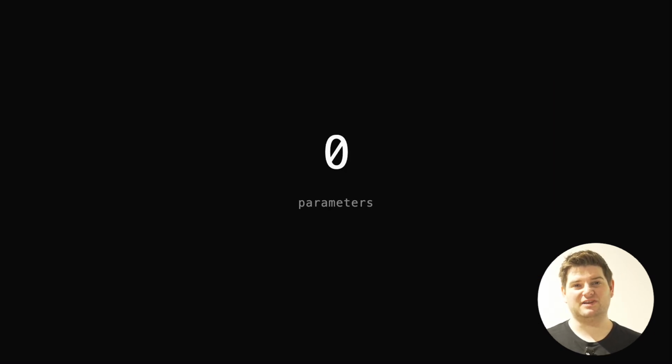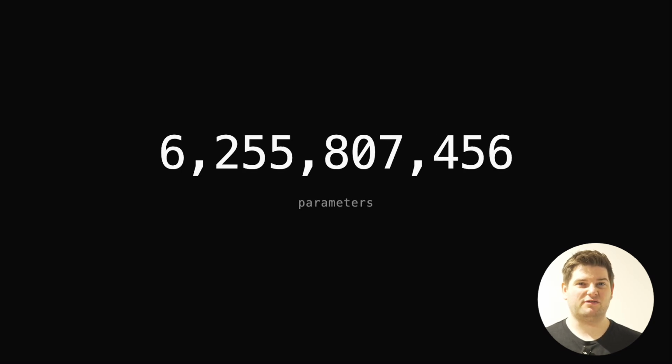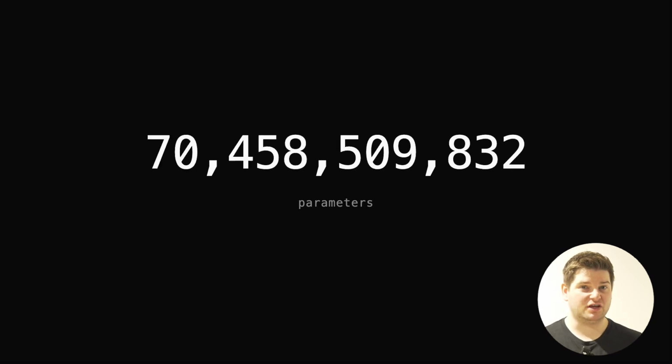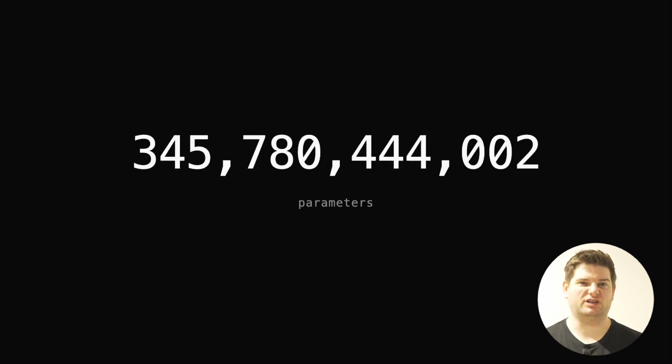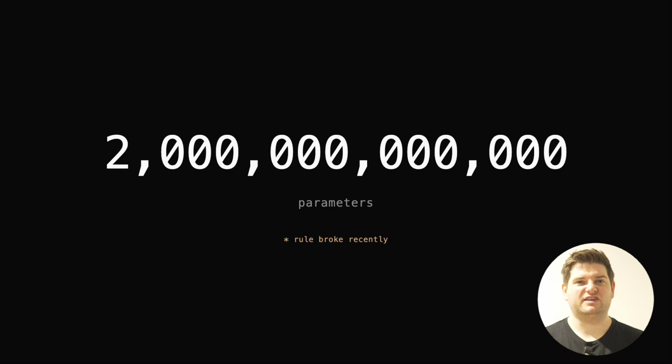Parameters. You'll see numbers like 70 billion parameters or 2 trillion parameters. Parameters are roughly the size of the model's brain. More parameters generally mean smarter and slower and more expensive to run. Generally, but it's not a clean rule anymore. A smaller reasoning model can sometimes beat a bigger non-reasoning one.